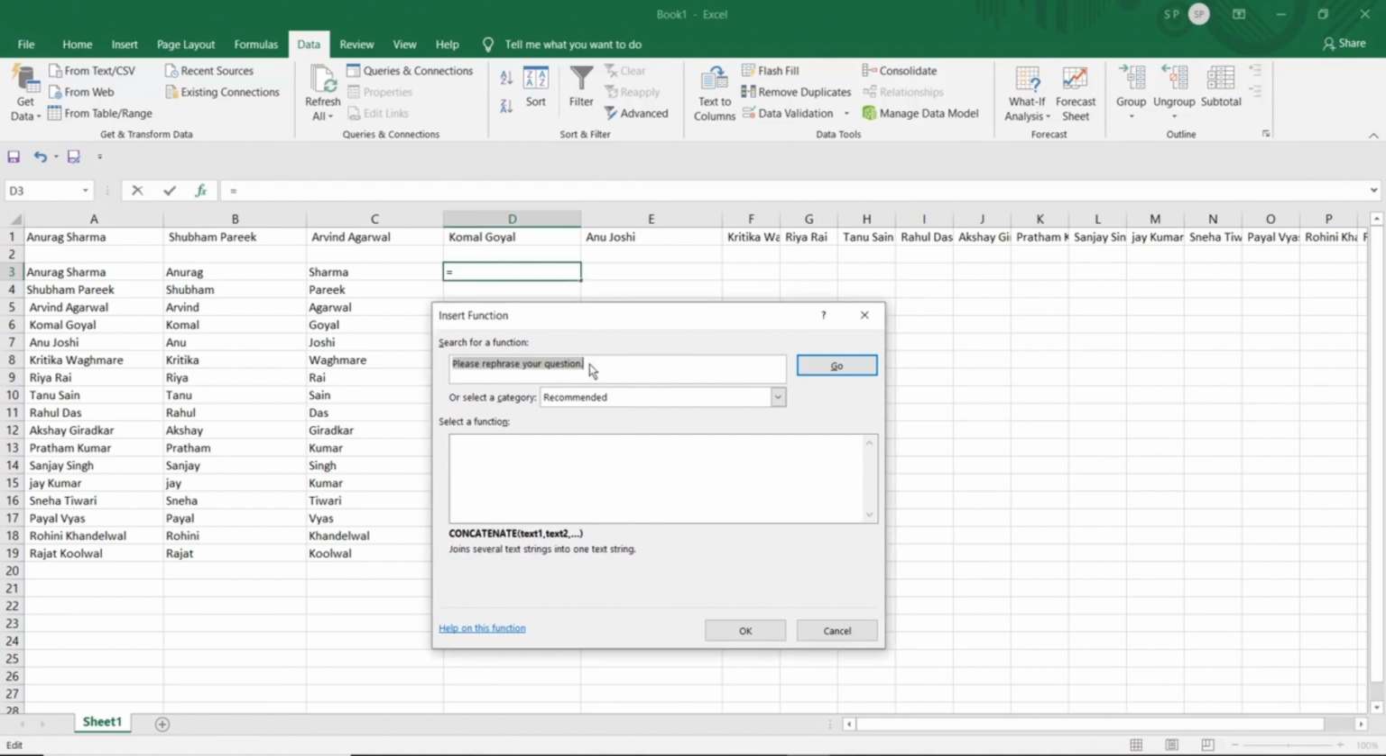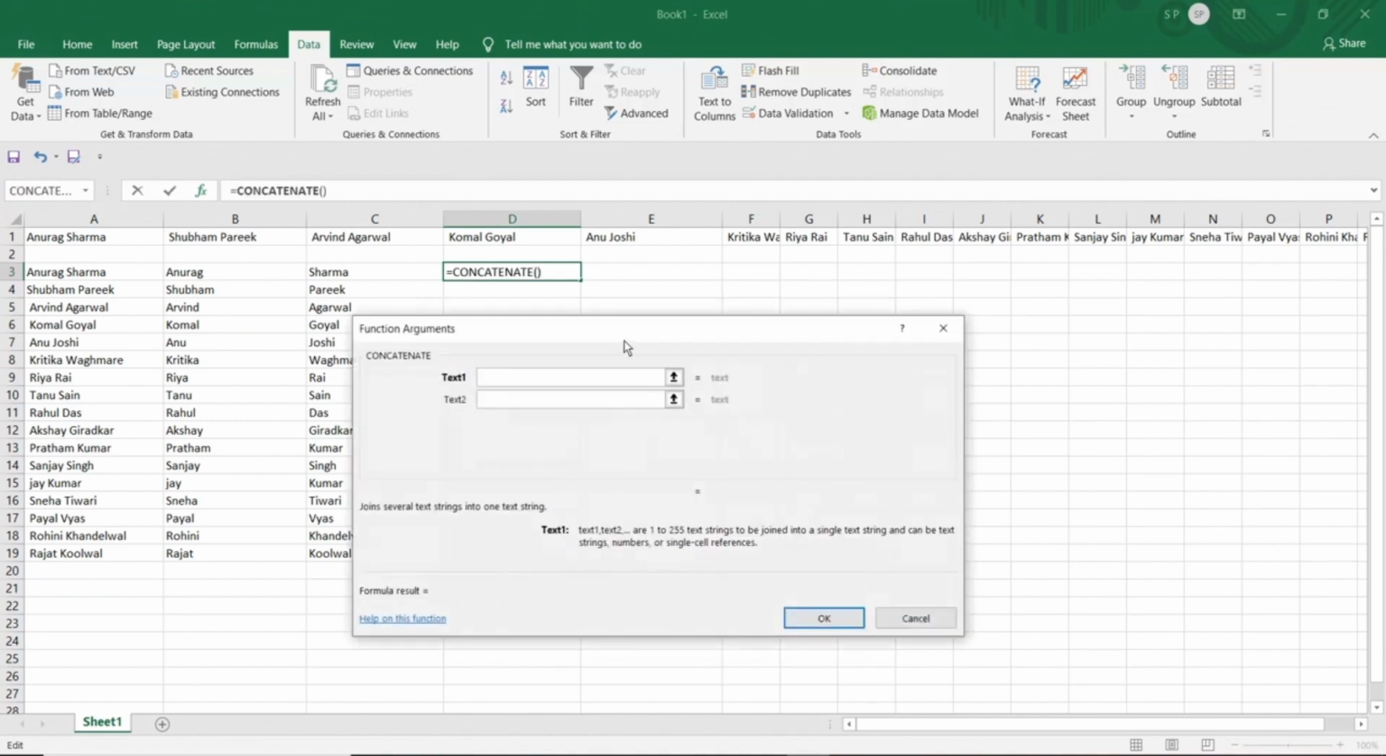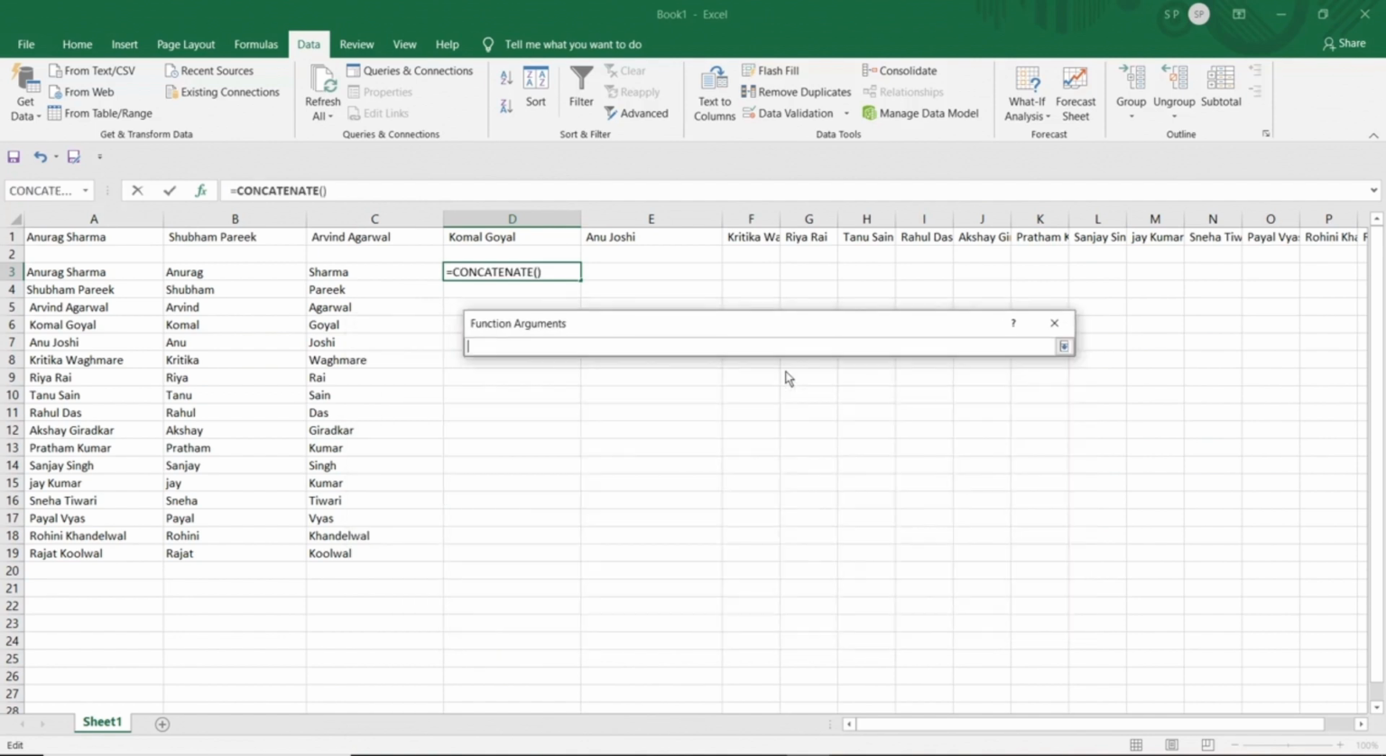Okay, so let me try this one which says join several text. We have a function called concatenate which actually joins two different strings into one. Click OK, and now it's asking to select a text 1. So text 1 would be